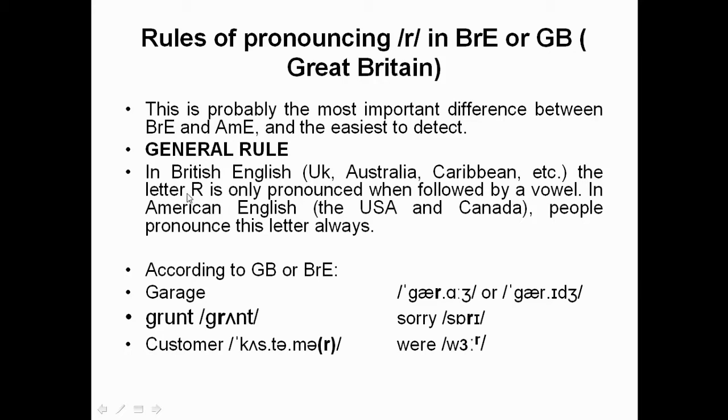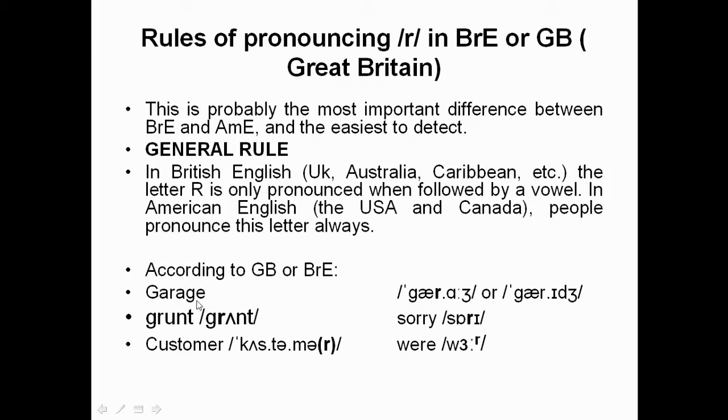So the letter R is only pronounced when followed by a vowel, meaning after this sound there is a vowel, and if there is no vowel it will not be pronounced in British English. Okay, look at the word grunt. Again there is a vowel, so this R will also be pronounced, and that is why in transcription you can see that phoneme. Look at the word sorry. Again after R there is a vowel. Okay, now let's see